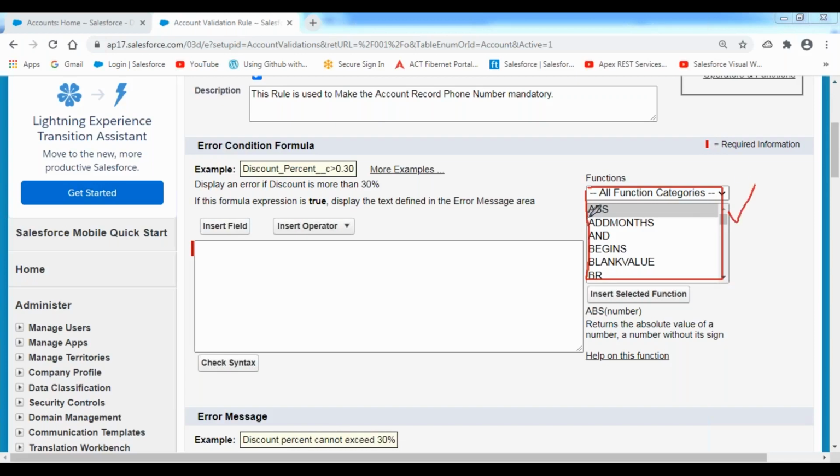Whenever you select any of these functions, that function's description and information will be visible over here. Here we can see the details of this function. Whenever we select a function, we can see its description in this location.